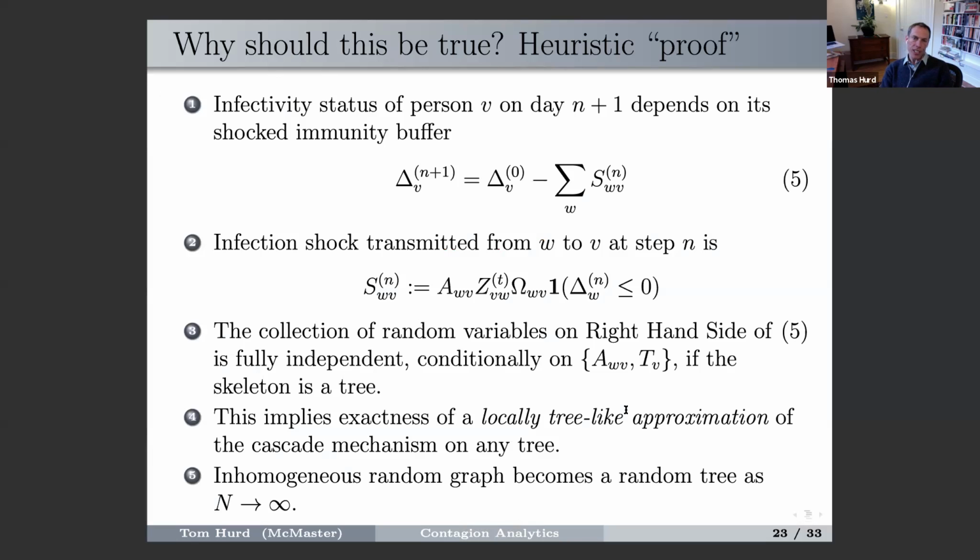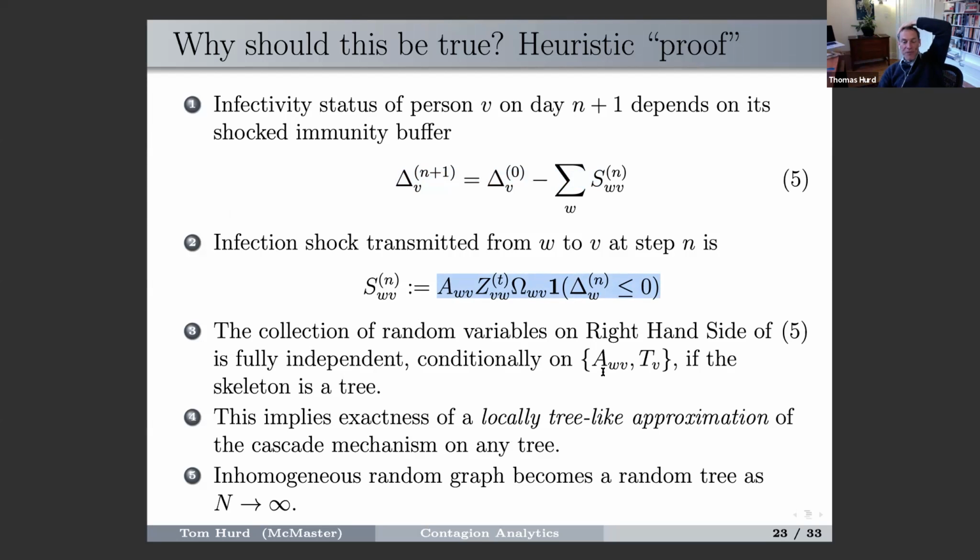The reason why it's true is simply that you look at the most important part of the step to go from step n to step n plus 1. You see these are random variables on the right-hand side, and you look at what these random variables are. If the network was a tree, with no cycles, no loops in it, and we'd call that a tree, naturally enough, then all of these random variables on the right-hand side are